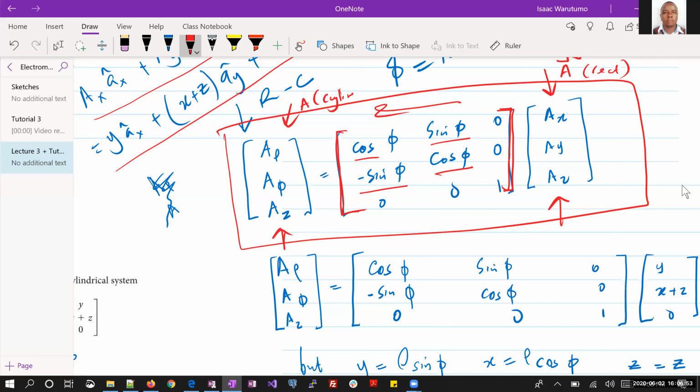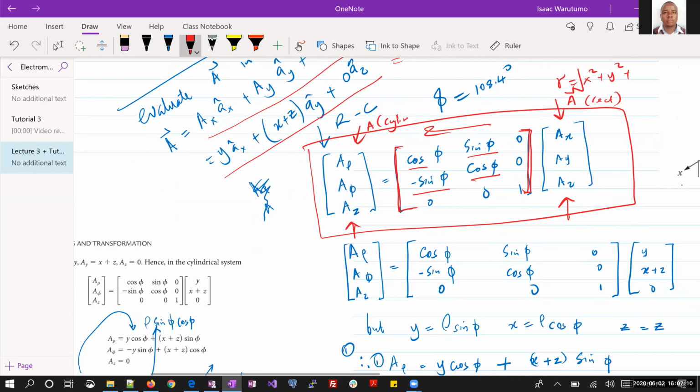Rather easy to remember because we are just working with one angle, which is phi. We don't have two angles, and we are just working with cosine, sine, and then minus sine, cosine. So that's something you can remember. So having said that,